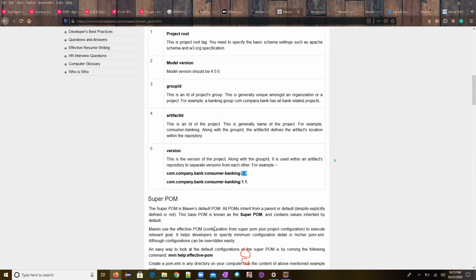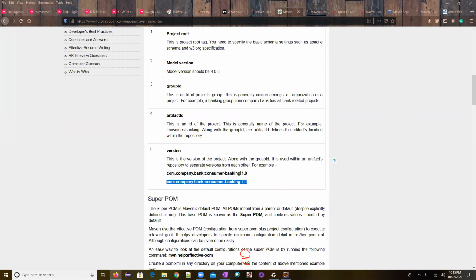So group ID starts from com.bank, we have taken the same bank example, company.bank. Now in the banking we'll have consumer banking, which is nothing but the artifact ID, and the version is 1.1. Now if he wanted to go from version 1.0 to version 1.1, then he'll write the same pattern and keep it over there.